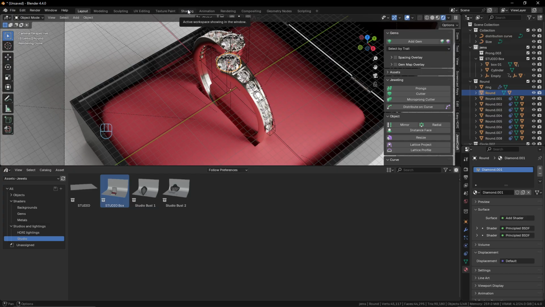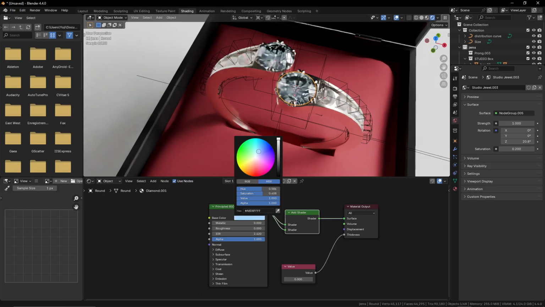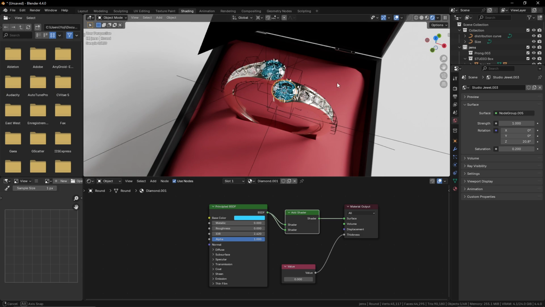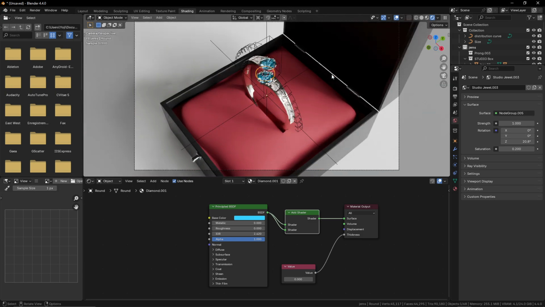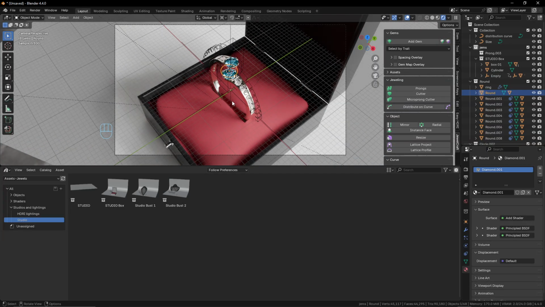So I will go into the shaders. And maybe I want something blue. Let's try something like that. Okay. Yeah, something like that might look good. And now I come back with the original render, remove all of this, and you will have the final render over there. So you can see that with this jewel,